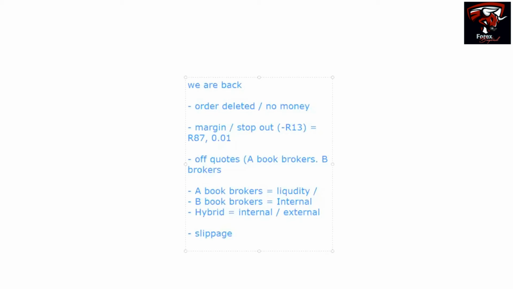On A-book brokers, the liquidity during news, specifically when it says off quotes, the liquidity can be illiquid. I repeat, during news on an A-book broker, in an off quotes situation, the liquidity can be illiquid. But let me explain in simple terms. During news on an A-book broker that relies entirely on a liquidity provider, it's simply